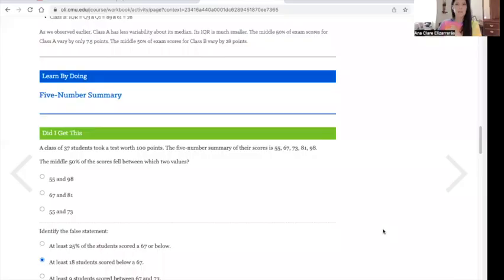We're going to complete the Learn by Doing that is on page 42 in OLI. It looks a little bit different than the Learn by Doings that you're used to seeing. So what I'm going to do is share my screen with you and show you how you should approach these. When you get into OLI, if you navigate to page 42, you'll see